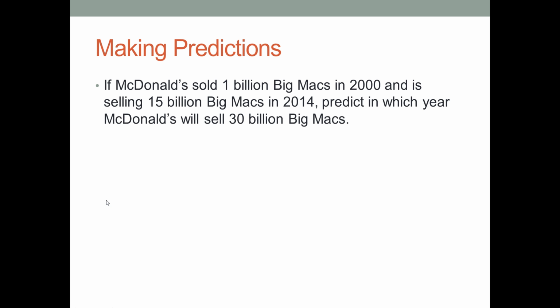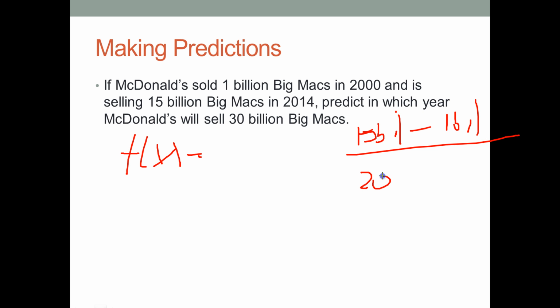So, making predictions. If McDonald's sold 1 billion Big Macs in 2000 and is selling 15 billion Big Macs in 2014, predict in which year McDonald's will sell 30 billion Big Macs. Alright, so the function f of x is equal to the slope times x plus the initial amount. So we need to calculate the slope. So the slope is 15 bill minus 1 bill over 2014 minus 2000. If we do the math, the slope is equal to 1 bill per year. So f of x is equal to 1 bill times the number of years, or x,